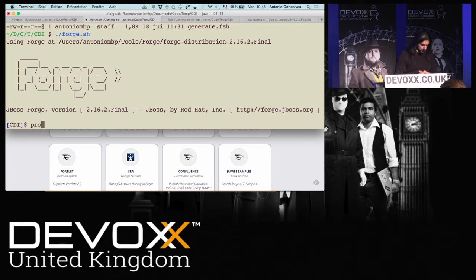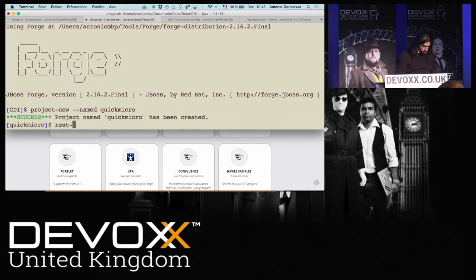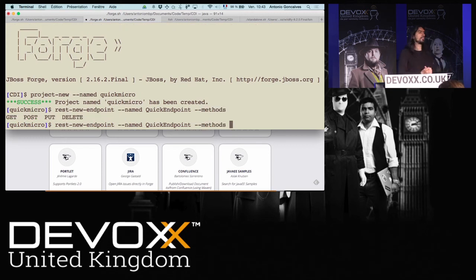So, project new. Let's give it a name. Quick Micro. Okay. Sounds like a nice name. And there's a command called rest new endpoint. I'm going to give it a name, quick endpoint. And you can even implement a few methods if I want.